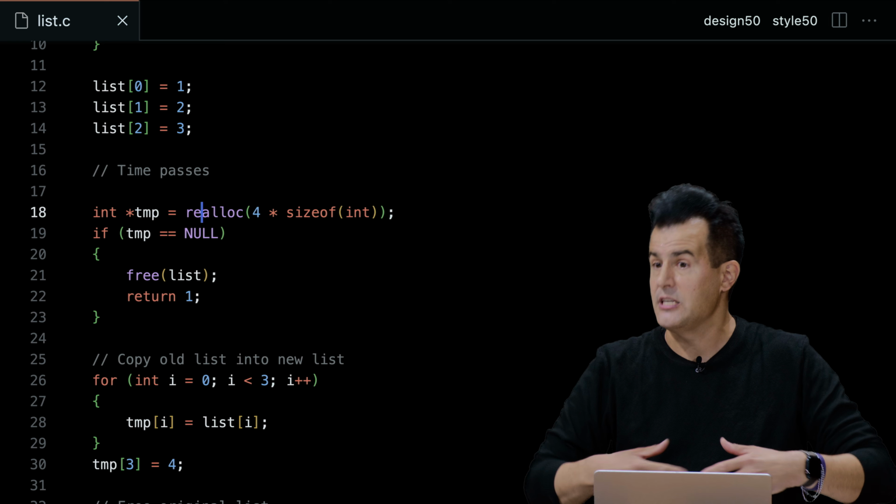Meanwhile, we only did it with like 3 values, maybe 4, but imagine it being 3 million values that you now need to allocate more space for. You're going to waste a huge amount of time copying 3 million values from the old location to the new, and so that's just generally not very appealing.